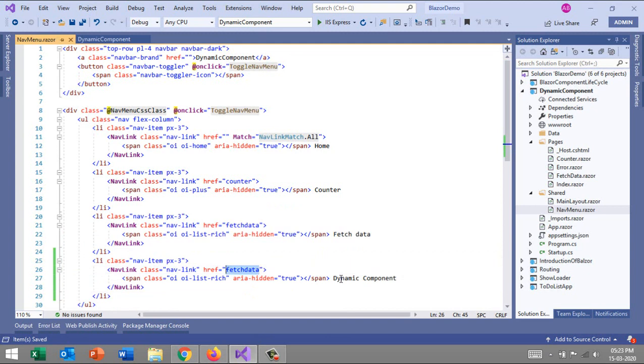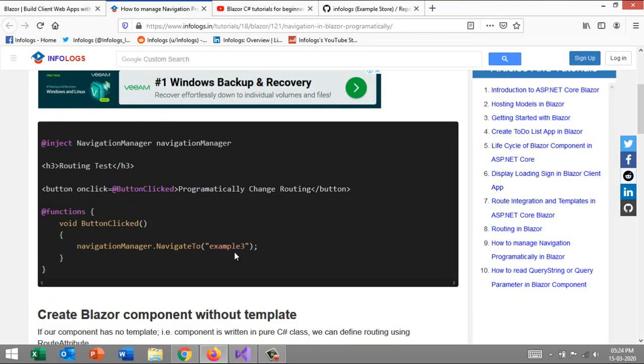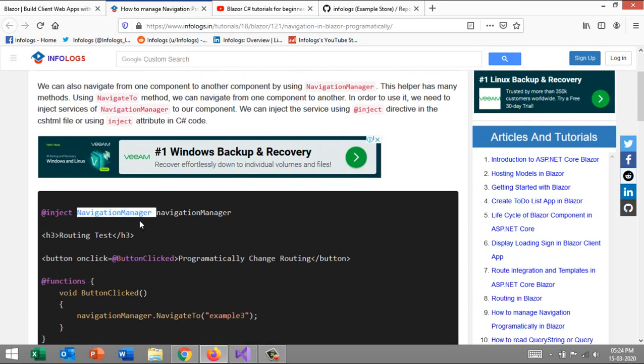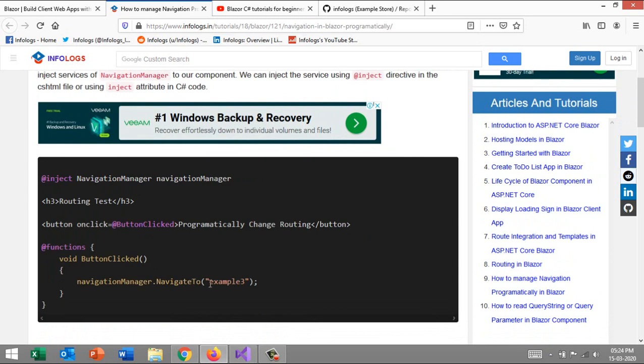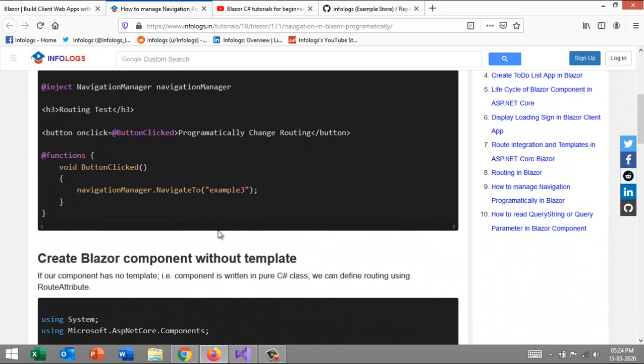The dynamic component URL will be dynamic component. That's nice. Now as soon as the user clicks on the dynamic component, we should redirect to it. This is very simple. You just need to inject the navigation manager service, and using the NavigateTo method, just pass your component name, and it will automatically redirect to this.